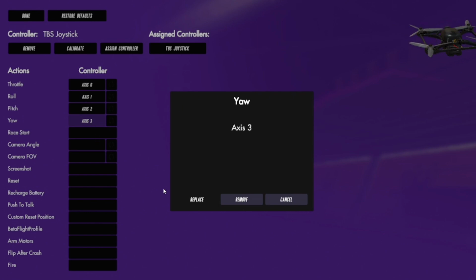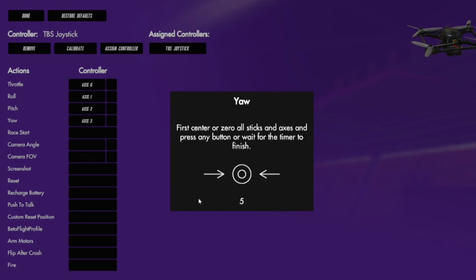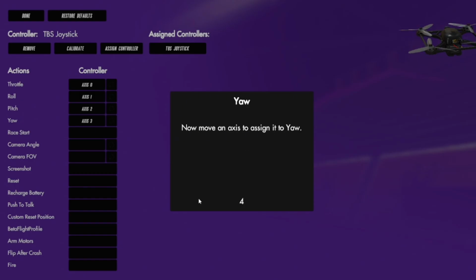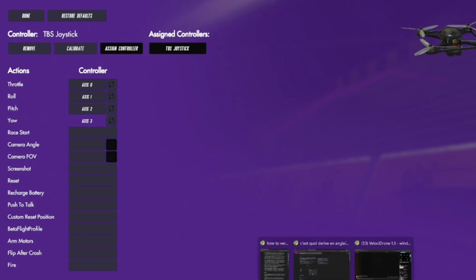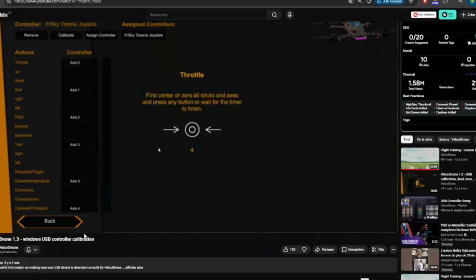So the goal is to click first the replace button, and then when you click the replace button, you leave the yaw on the center. After the countdown, we move the stick on the axis of the yaw and wait. So the assignment has been done. We have just assigned. We check again what the course is saying,